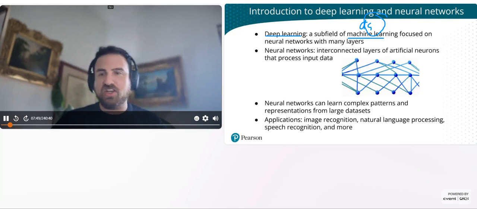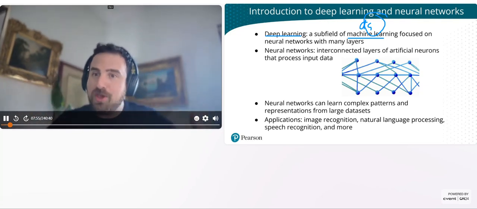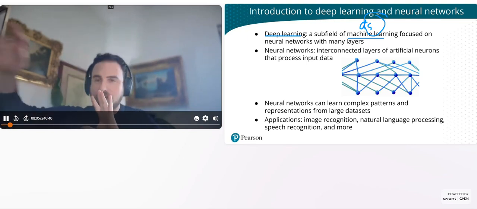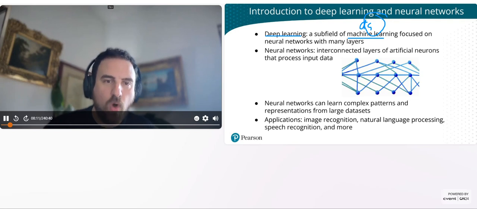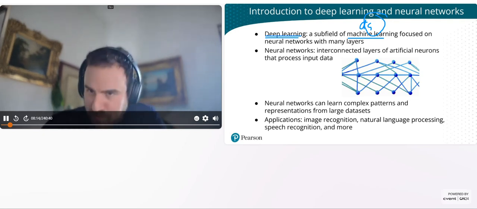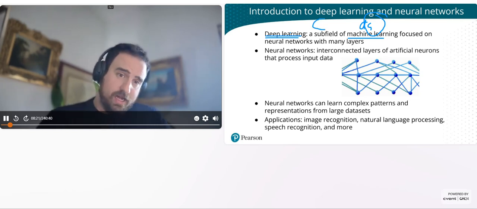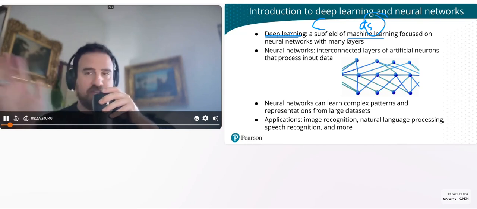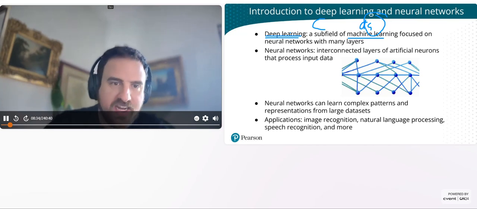So machine learning basically says, well, I'm going to teach this intelligent or semi-intelligent behavior through data. I'm going to show you examples of what it is that I'm trying to do, and then you're going to learn from that data. Now, that machine learning, of course, could be branched off into several different areas. We're not really going to get into that today. Instead, today, we're going to focus primarily on one particular subset of machine learning called deep learning, meaning deep learning itself is machine learning. It is algorithms learning from data. So that's still true. That's just machine learning in general. The difference is that deep learning is specifically architected around what we call